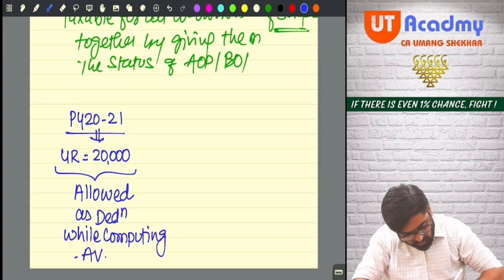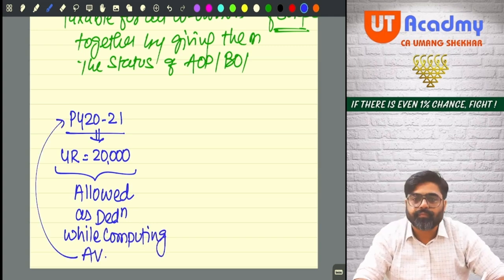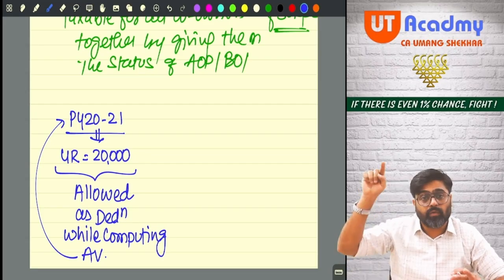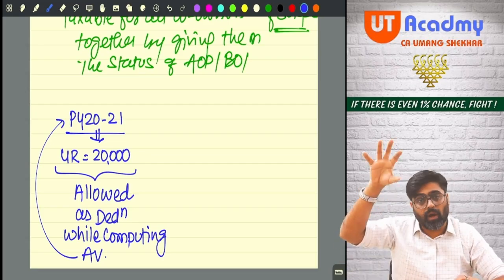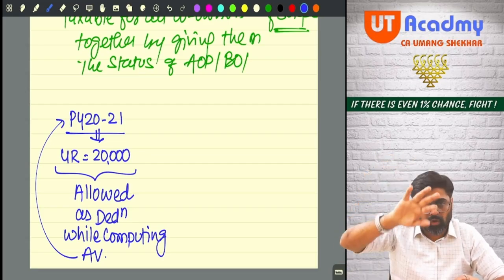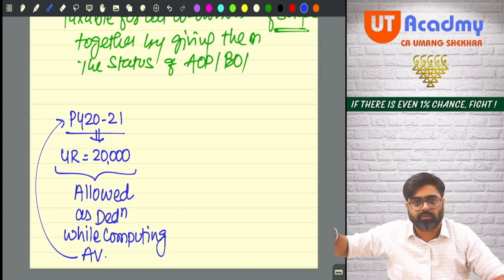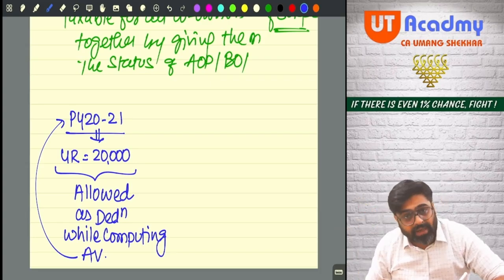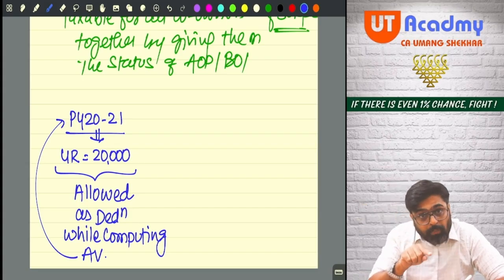Annual value of this year. Done. Meaning that, can I say, in 2021, out of your annual value, 20,000 was reduced. On this 20,000, you have not paid tax. Getting my point? Now, out of this 20,000 on which you have not paid tax that time,